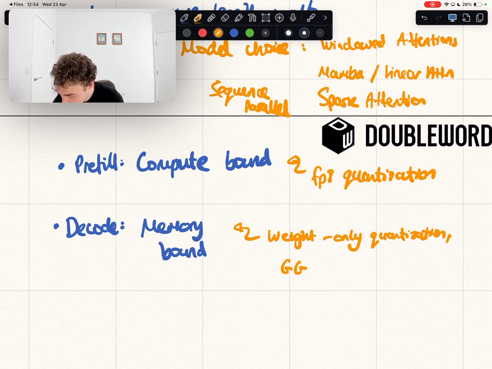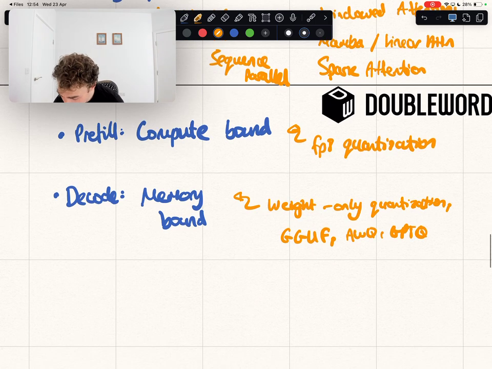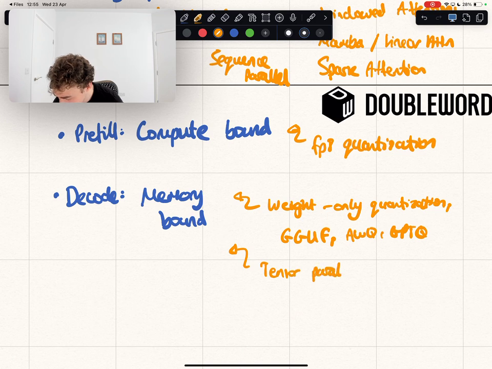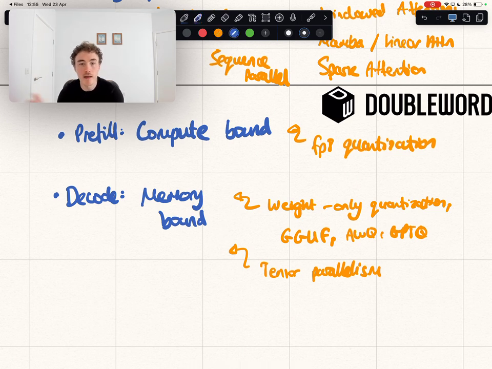For example, the quantization is provided in the GGUF model format or AWQ or GPTQ. These are particularly good at memory-bound decoding heavy workloads. You might also pick slightly different configurations of your tensor parallelism, and things like that would be different if you're prefilling or decoding. This is the big idea behind NVIDIA's Dynamo release, is that you can have different configurations for prefilling and decoding,